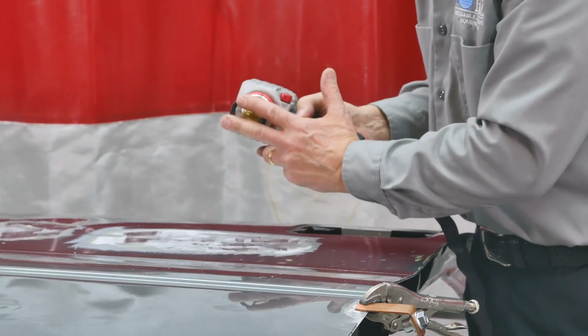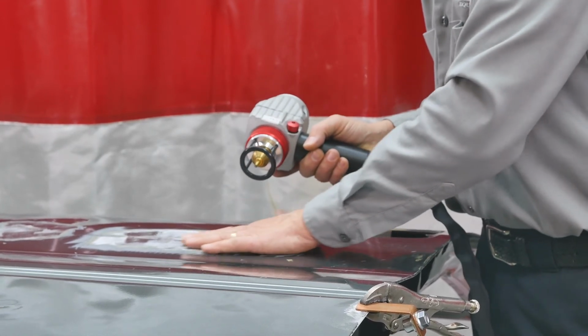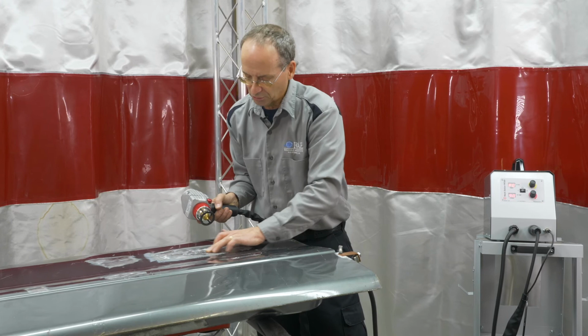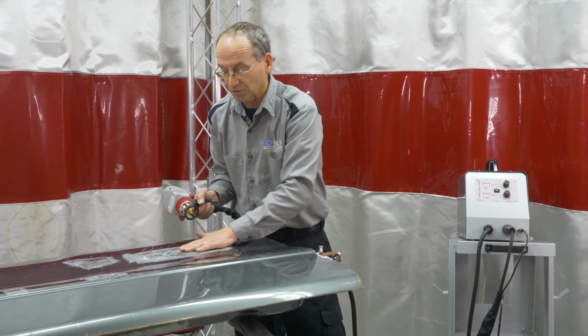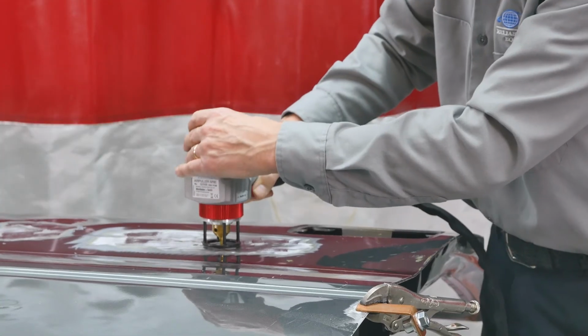So what it's doing with the little ring around here the side, your adjustment on the height, you can control how much the panel is coming up. And this little area right here is now significantly where I want it. So even in a little bit more of a low spot,